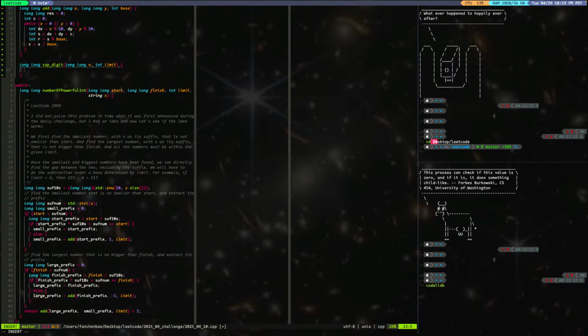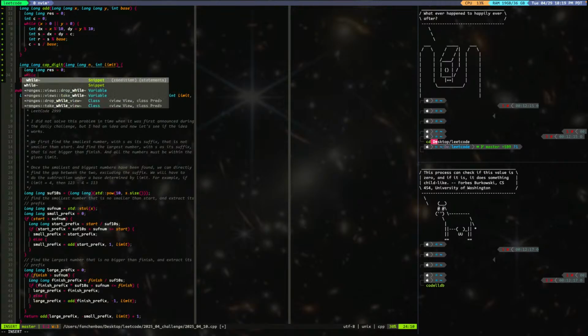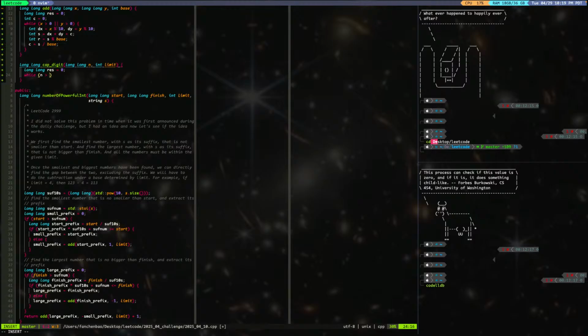So what we can do is we could turn that into a string, right? Or we can say res equal to 0 while n larger than 0. Okay. See, that is